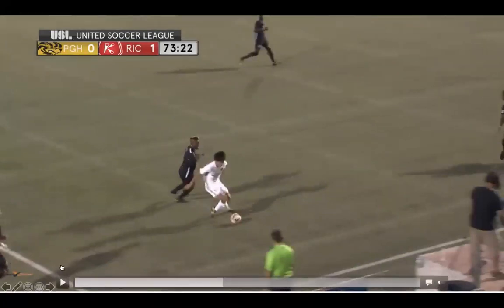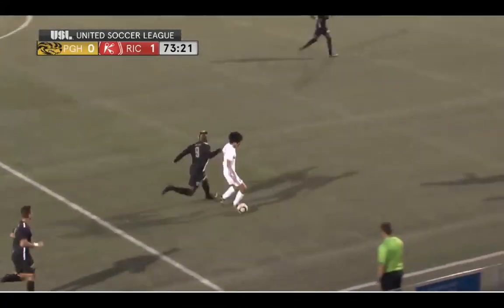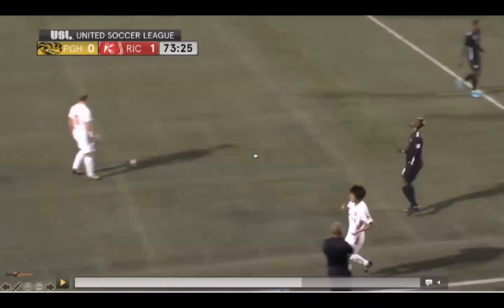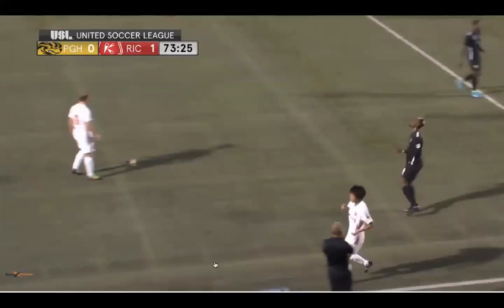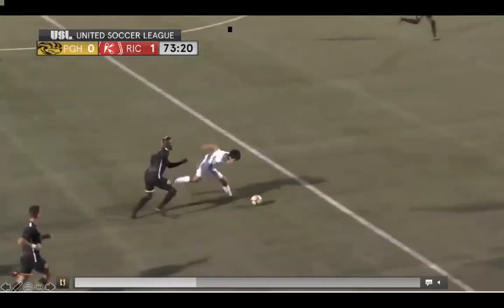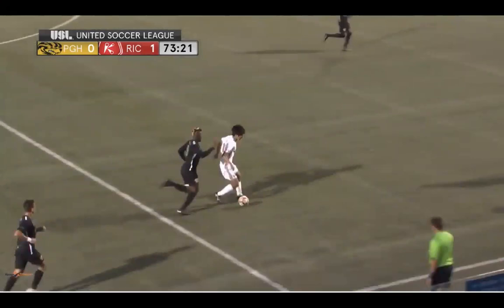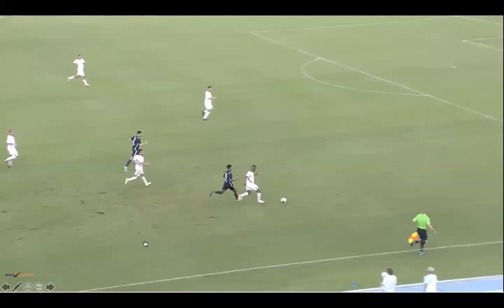But it shouldn't go on as long as it did, because as you can see here, he gets fouled. 1,000, 2,000, 3,000, 4,000, 5,000. Right there, you finally blow it. So it's 5 seconds after the foul. That's way too long. In particular in this situation, you can see he doesn't really have anywhere to go. All of his attackers are marked. No space. There's nowhere to go. This needs to be a much quicker foul called here. On to the next one.